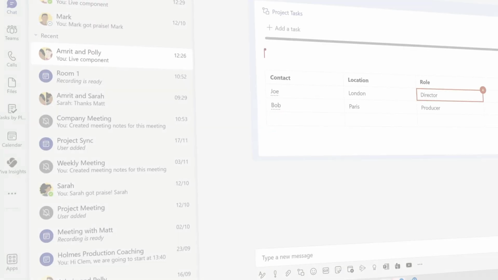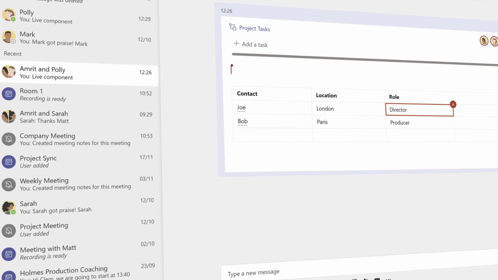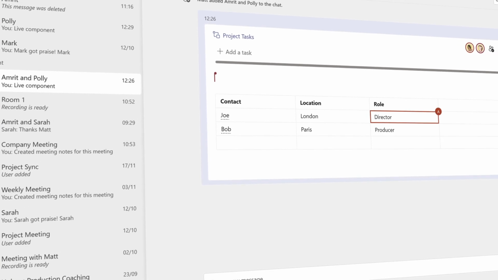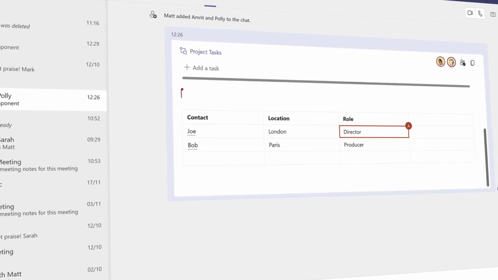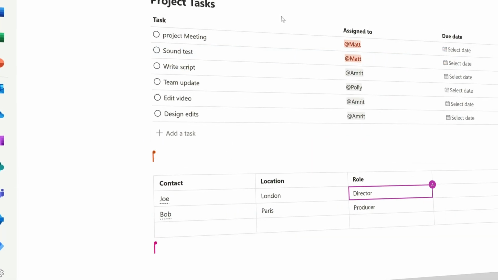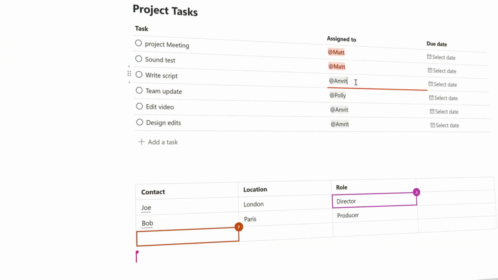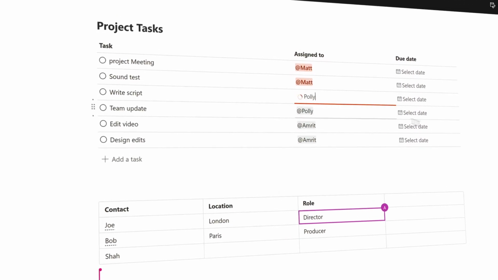And this time we're going to be talking about Loop components. Microsoft Loop was announced at Ignite a couple of weeks ago and components are a feature of it. Loop components are items that you would insert into Office documents like tables and lists. They can be reused in other apps and by other people, and the data in them is live and can be updated in real time.